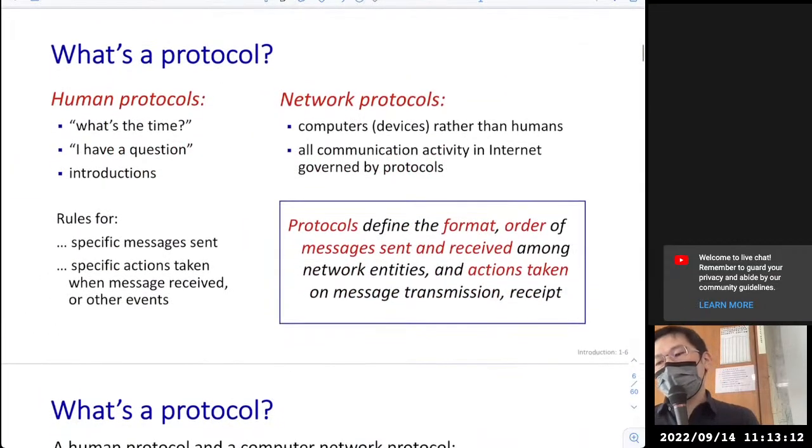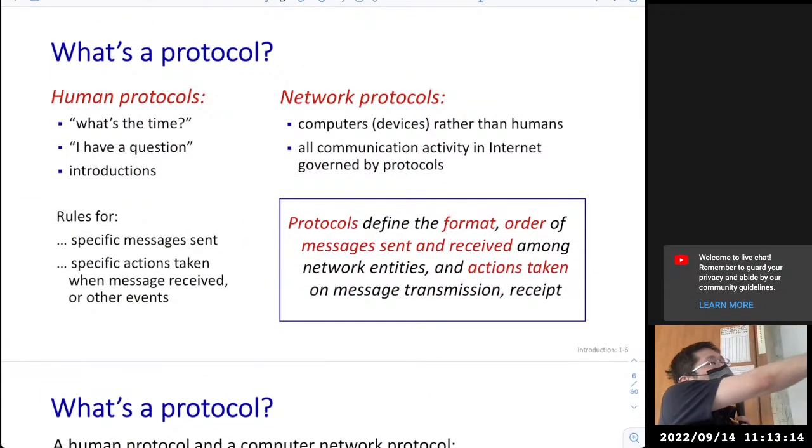Okay, the next concept is called protocol. We only need to take a look at the right hand side, again, the box. Protocols define format. As we mentioned before, when people send messages, they have a bunch of zeros and ones. 就是我们收 messages 就一堆的零跟一嘛，对。However, we have to know what kind of protocol it used, so we know what is the format